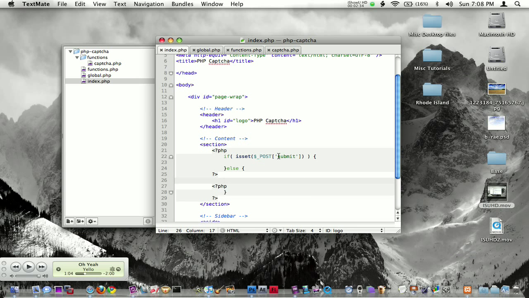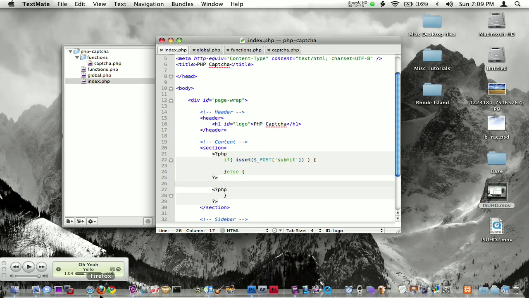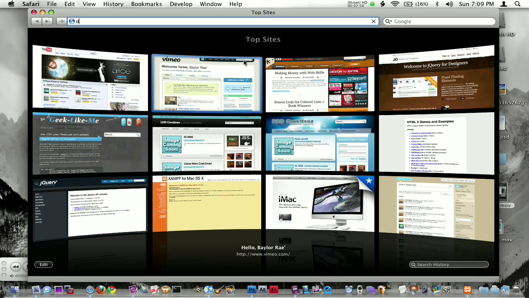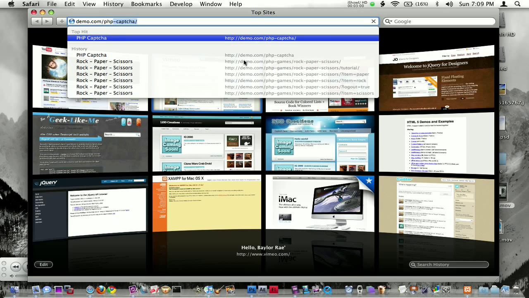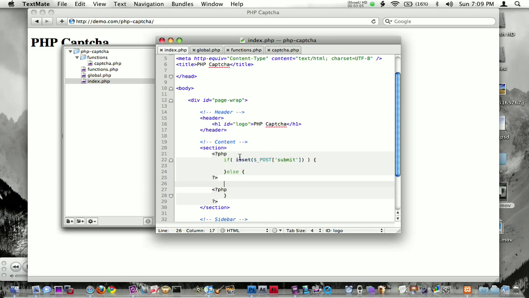Basically, what you'll do is go to the top of your page. So I'll go to my global, and we'll turn on error reporting. I'll just comment that. I'll just put in error reporting will be equal to all, so all errors. And now, let's just go back. I'm going to load that in my browser real quick. So demo.com PHP Captcha, and we don't get an error right now, but if I unset that variable,